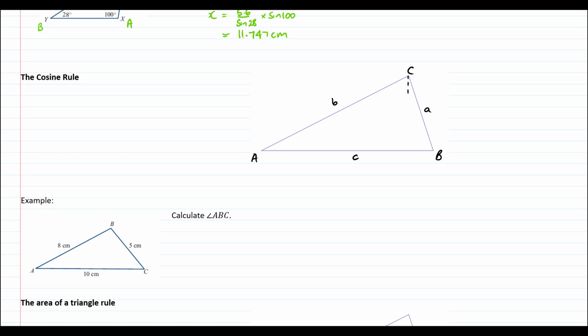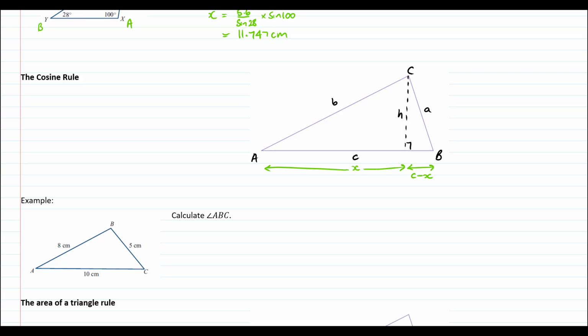So first of all, I'm going to drop this vertical line again, makes a right angle, and I'm going to call this H. And from here, I'm going to do some Pythagoras Theorem work. This C, I'm going to split up. I'm going to call this little bit here X, going to the vertical line, which of course means that this bit here is C minus X. So I've got two extra sides there that are going to help me with my two right angle triangles doing